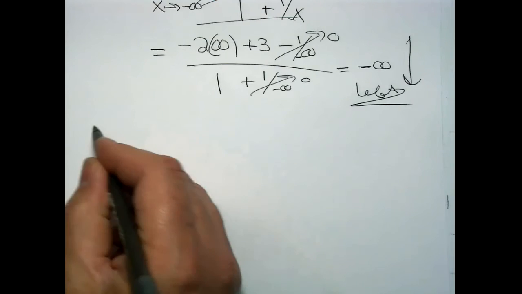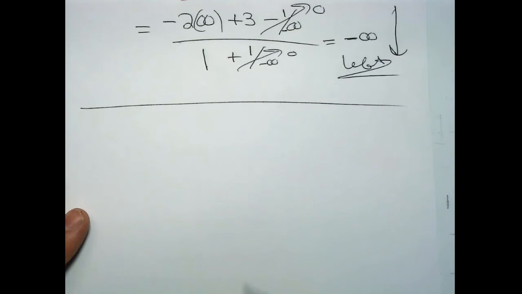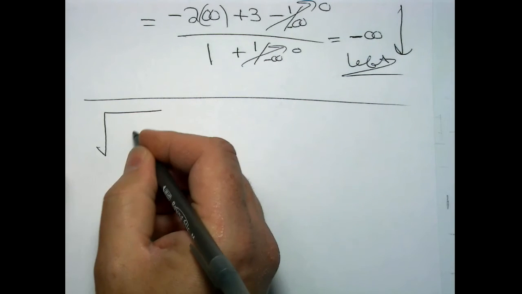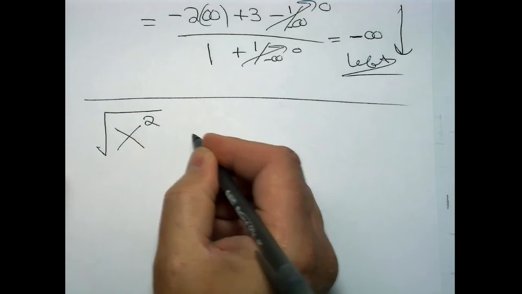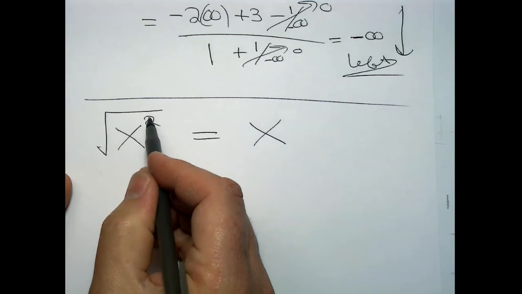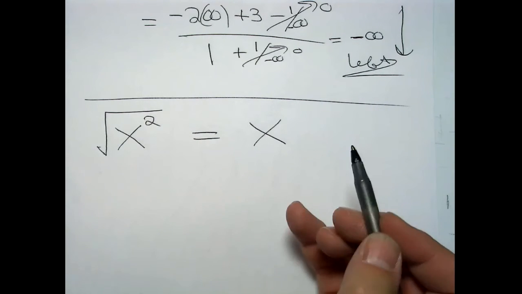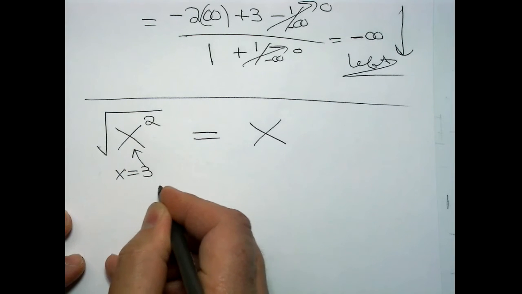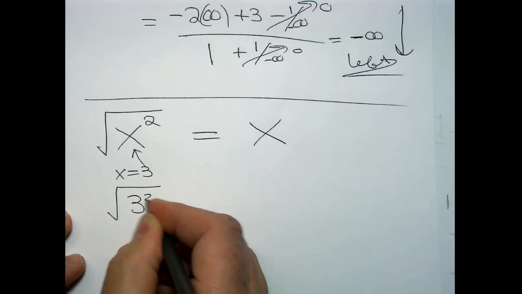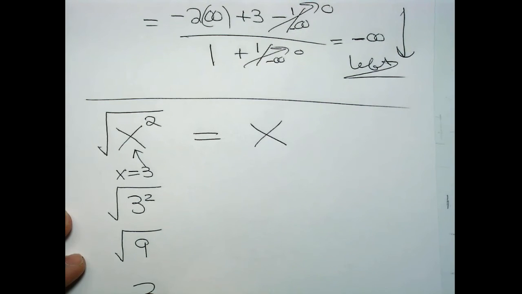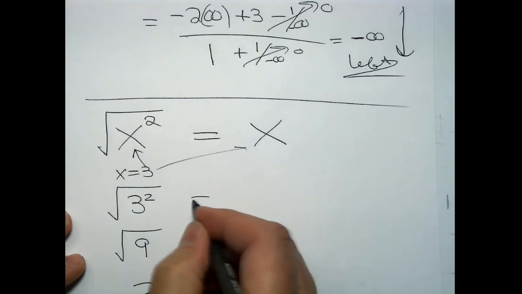I need to show you something. You've probably always done this throughout your entire mathematical career. Square root and square cancel, give me x, right? In fact, we could test that theory. x equals 3. This would be the square root of 3 squared, which would be the square root of 9, which is equal to 3. And x is 3, right? So